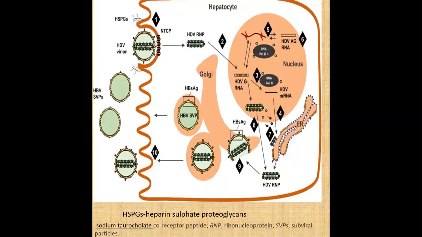Now here we see how the multiplication is carried out. In case of the hepatitis D virus life cycle, hepatitis D enters into the hepatocytes. Here you have to observe the circular lines. Here also are the hepatitis D surface antigen particles of the hepatitis B virus. Whenever these come in contact with this, then the hepatitis D virus enters.